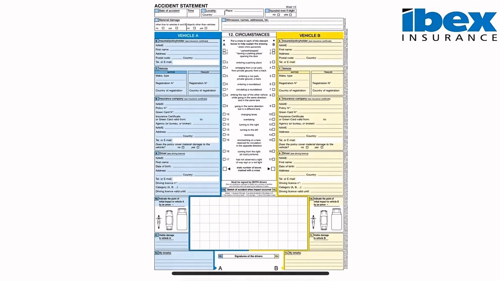We receive numerous calls from our policyholders requesting advice on how to complete the European Accident Statement form, as they are unclear on how to do this. The form is made up of 15 different sections. Whilst this seems a lengthy form to fill in, once you view this video you will note how simple it